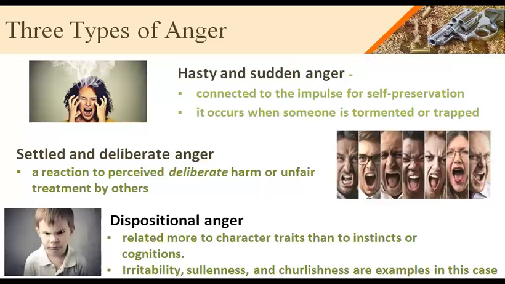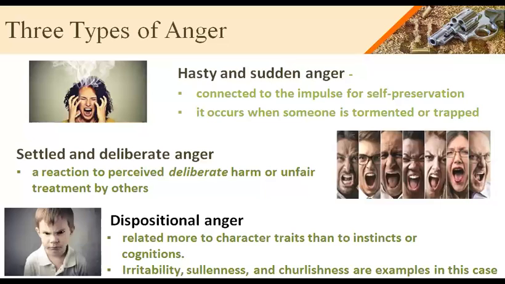Number two is settled and deliberate anger. What is it? This settled or deliberate anger is sometimes also called motivational anger. The idea is that when your team sees how angry you are, they will be motivated to improve their performance, which is a kind of pretension. It is not real, it is deliberate, for some better performance, for a good output.